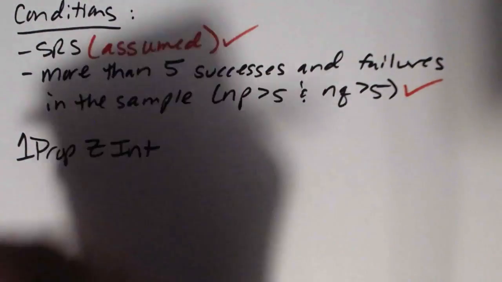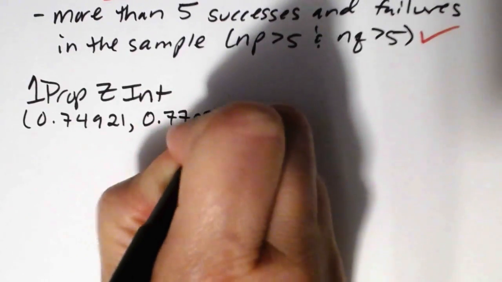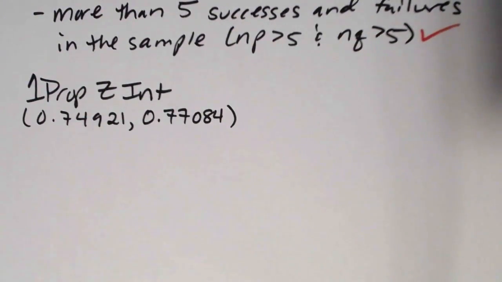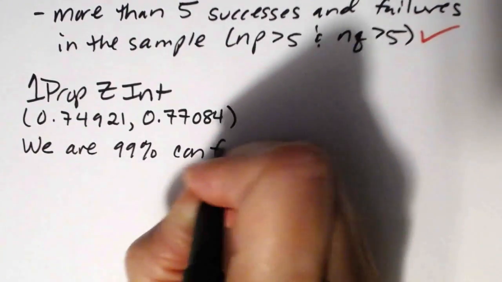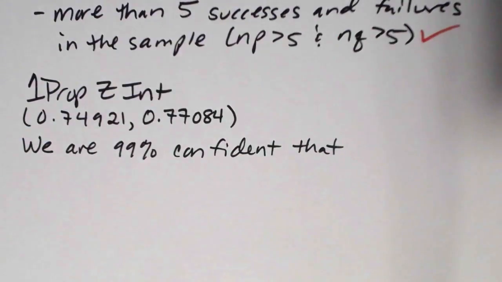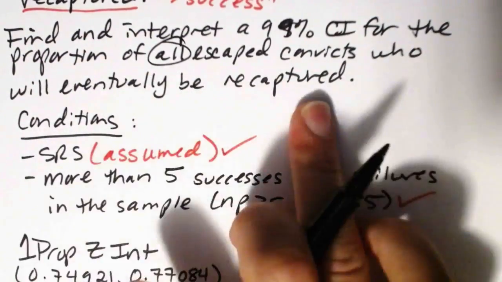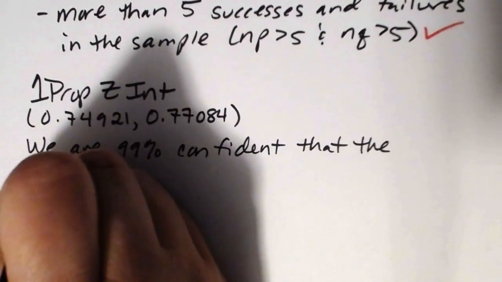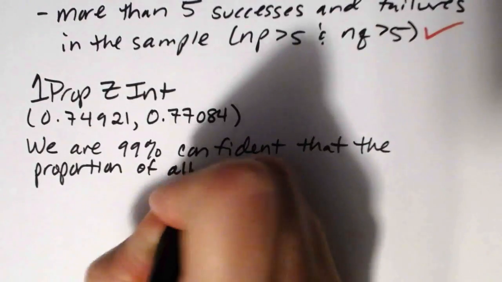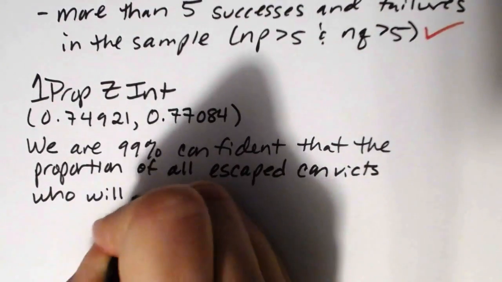So when we did our one prop z int, we got 0.74921 to 0.77084. That was the interval that we obtained. And then what does that interval mean when we do the interpretation piece? Start out with our statement of confidence. We are 99% confident that. What was it that we estimated? We were trying to estimate the proportion of all escaped convicts who will eventually be recaptured. So we are 99% confident that the proportion of all escaped convicts who will eventually be recaptured